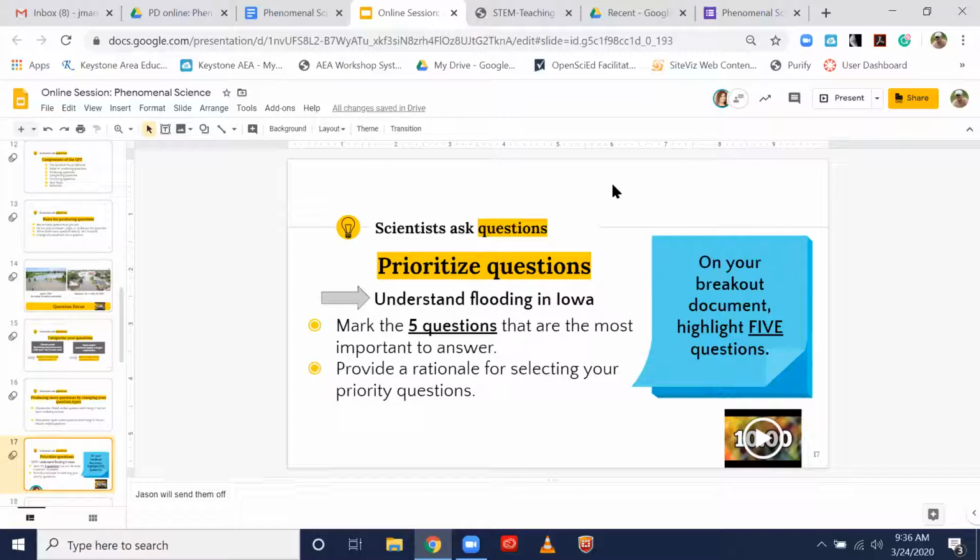Maybe they're questions that a lot of people had. Maybe it was a question that someone said and everyone else was like, oh, yeah, that's a good question. Go ahead and highlight that. Make a mark of which of those 5 questions, because we're going to make use of those here in a little bit. If you need to keep them in place, write them down or whatever. The end goal is to then have 5 big questions for your group.